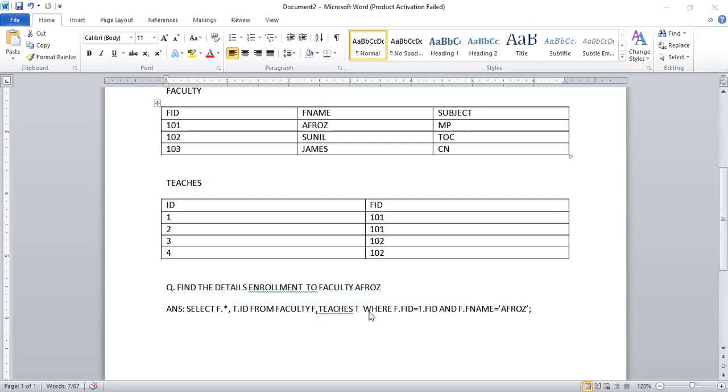Next, in this operation, this is called an equi operation. Try to understand. This is a join operation, and whenever in a join operation you are writing the equal operator, it is an equi join. Even in this equi join, the matching is only possible because of this FID, because both the tables have the common attribute FID. So if I change FID to some other attribute, can I apply it? Yes, I can apply. What I'll do: F dot FID equal to T dot FID. Is it okay?